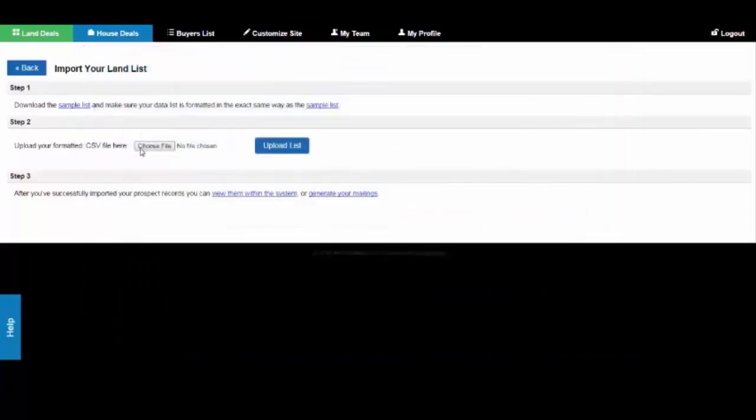And the next step is to import your data list. And one thing to note here is you want to be importing a .csv file, which is also, if you look at the sample list, that is a .csv file. So if you follow that format exactly, you shouldn't have any issues. But I just want to make another note of this, is that you do want to save it as a .csv file. And you can do that in Google Docs, as well as Excel, as well as Numbers